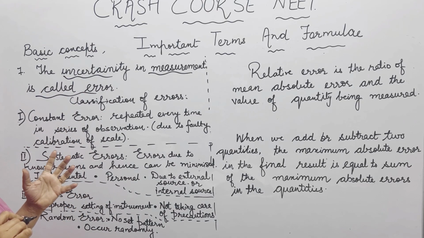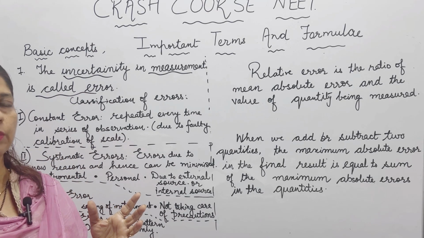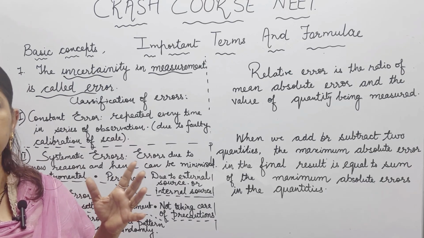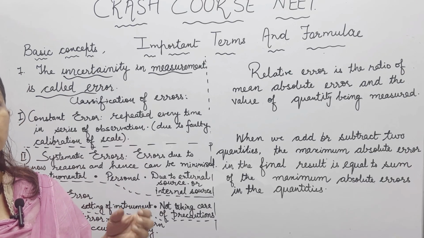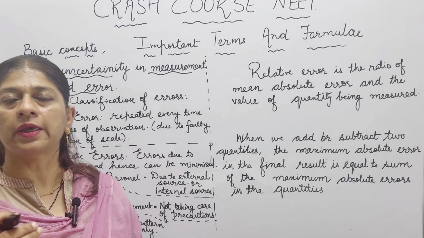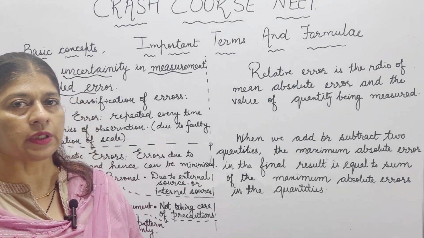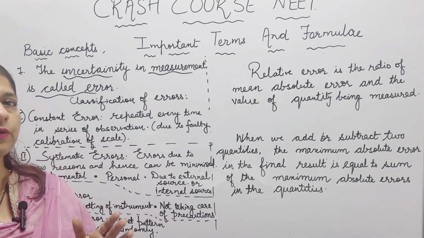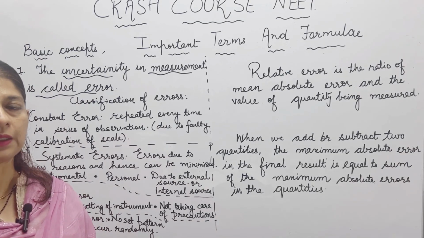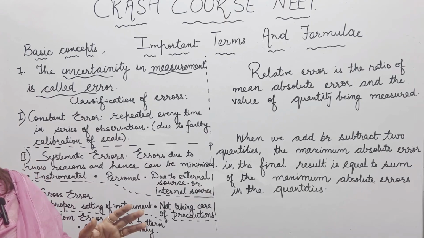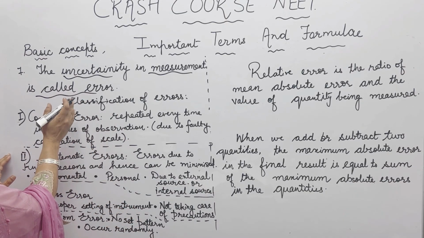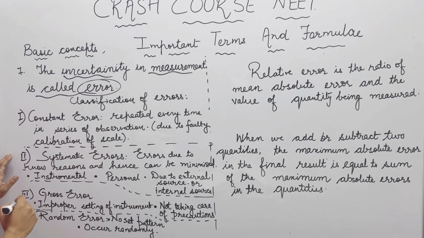Whatever is the exact standard value, and if an experiment is carried out and it is found that it is not coming as such, जो भी हमारे पास स्टैंडर्ड वैल्यू है, जैसे एक्सेलरेशन ड्यू टू ग्रेविटी 9.8 मीटर पर सेकेंड स्क्वायर है और हमने एक एक्सपेरिमेंट किया और हमारी वैल्यू 9.8 मीटर पर सेकेंड स्क्वायर नहीं आ रही है, डिफरेंट आ रही है, तो उस डिफरेंट वैल्यू को, मेजर्ड वैल्यू की अनसर्टेनिटी जो है वो एरर होती है।